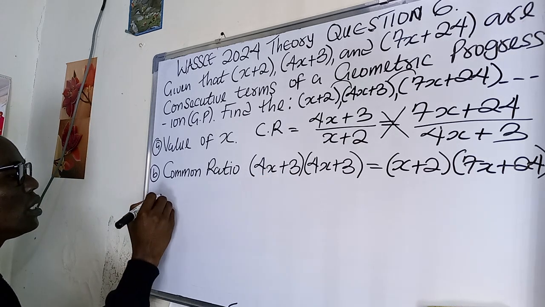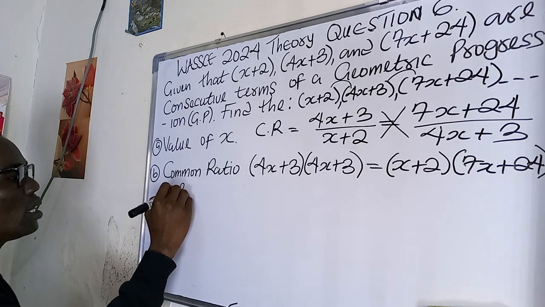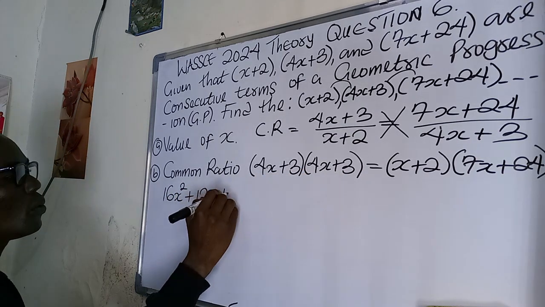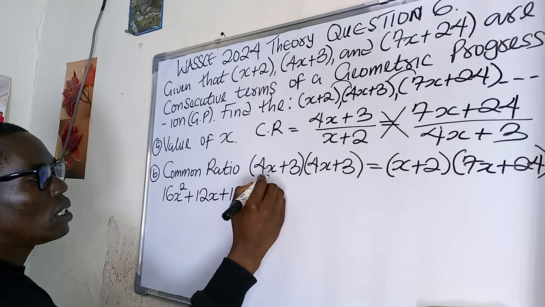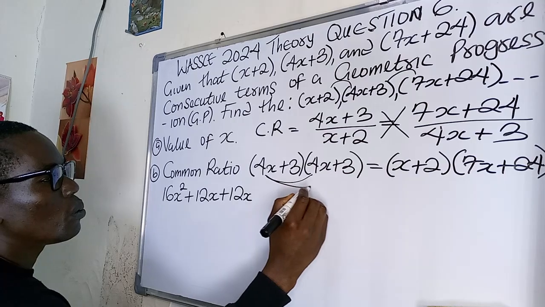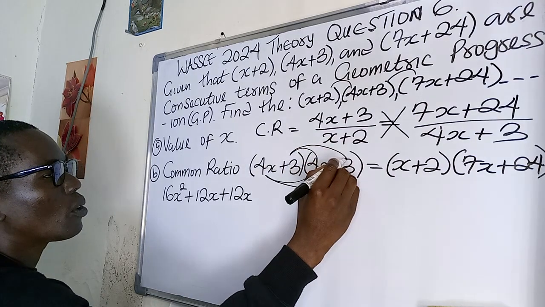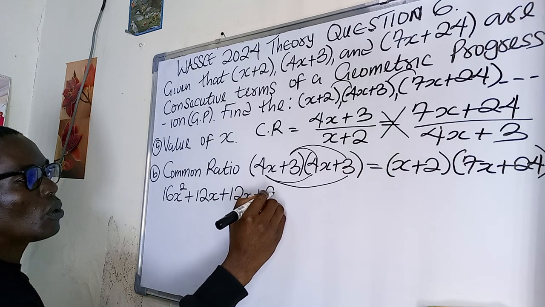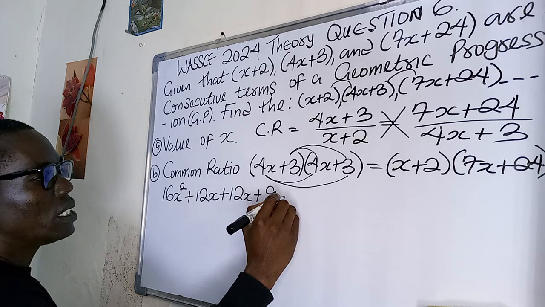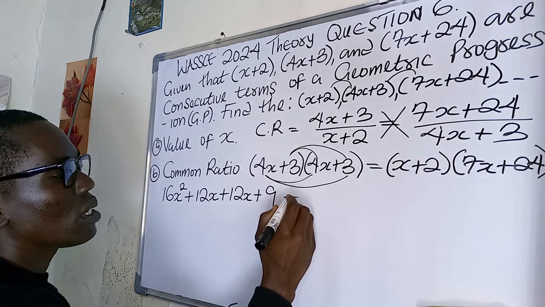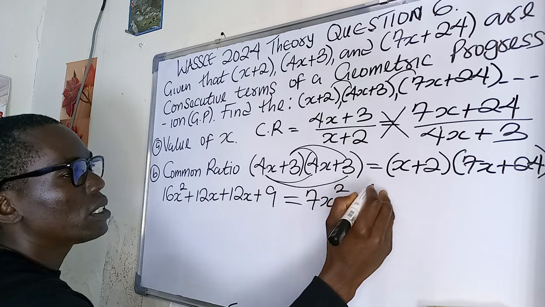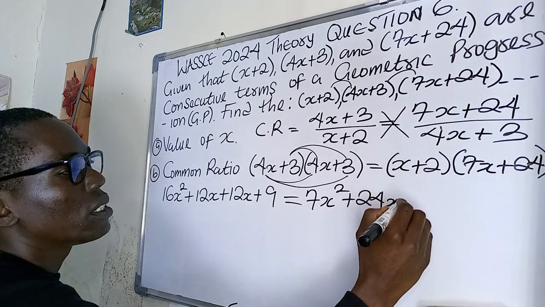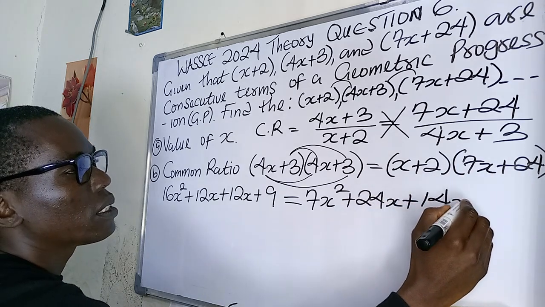x. Now let's expand. That is going to give me 16x squared, right? 4 times 3 will give me plus 12x, plus 12x, because this will multiply this, and this will also multiply this, while this multiplies this and also multiplies this. So we'll do that same thing here, and that will give me plus what? Plus 9. 3 times 3 will give us 9, and this will be equal to x times 7 will give us 7x squared, right? Plus 24x, right? Plus 14x plus